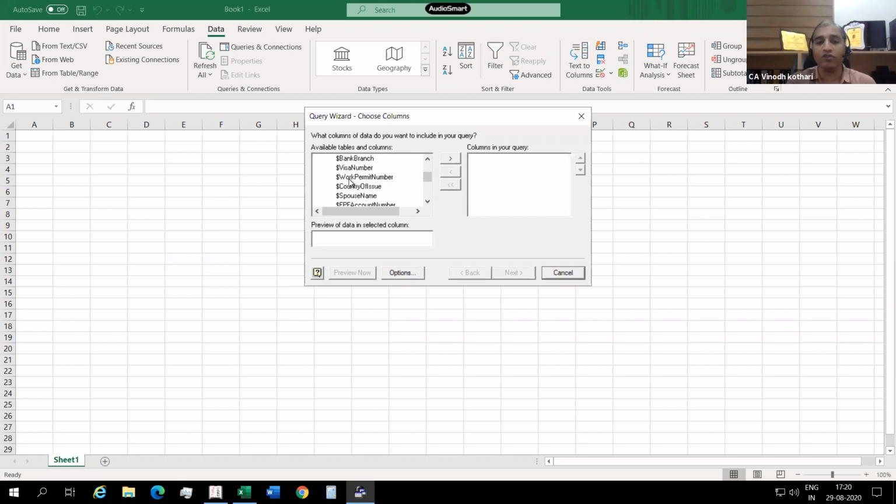From these fields, you are going to select 4 items. So selecting these 4 items is like finding a needle in a haystack, right? So I'll give you simple tips on how to select these fields. In the PPT also I have mentioned. Now the 4 data which we require are: one is the ledger name, second is the primary group, third is the parent group, and fourth is the closing balance.